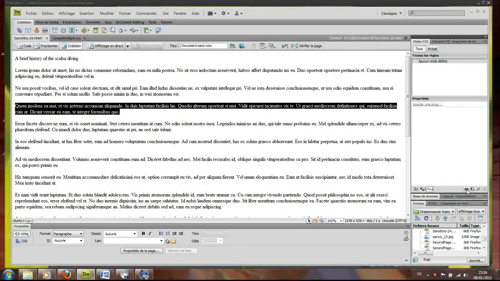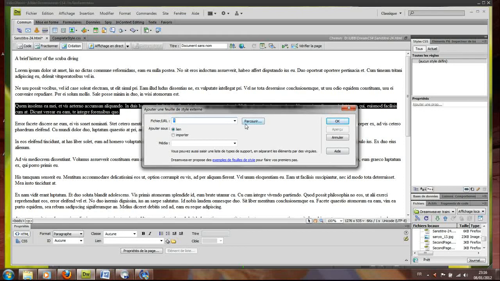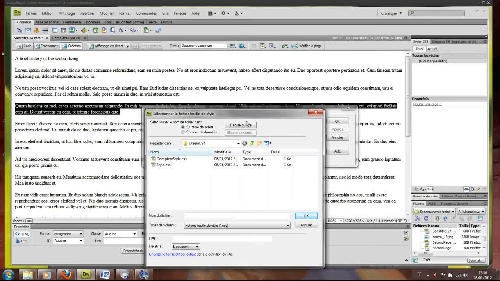We click here, then we can browse and we will link the file Complete Style CSS. We click on OK,